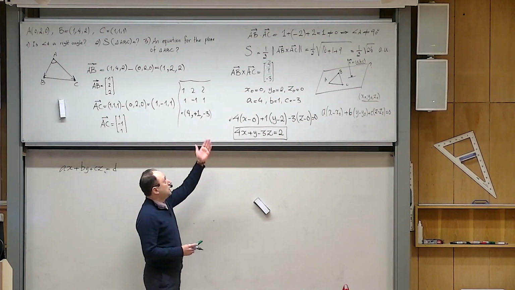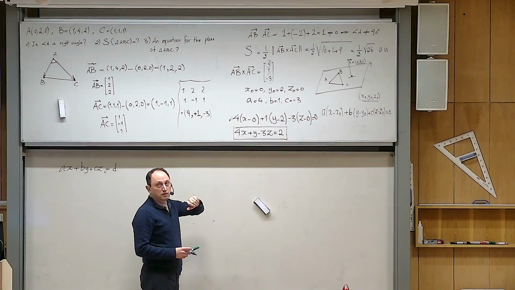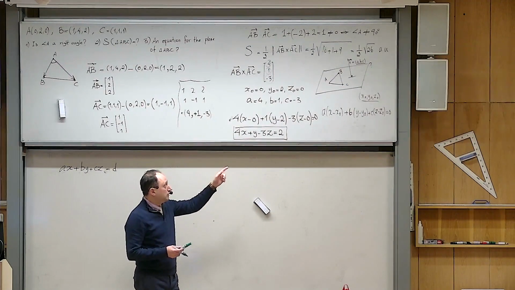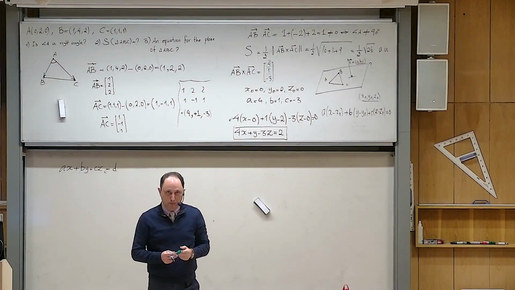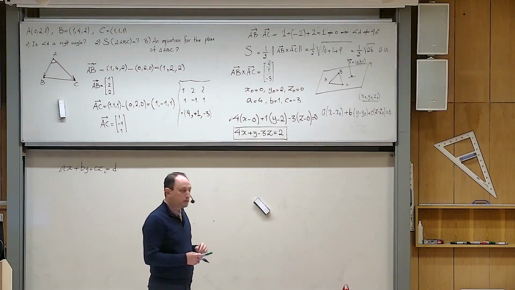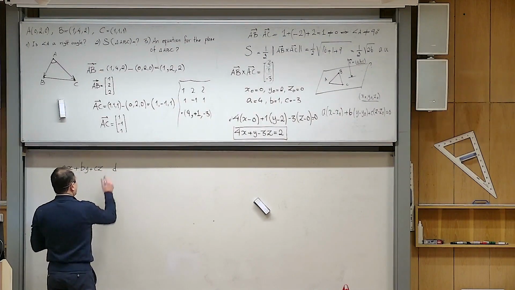For example, I realized that AB cross AC, which we already know the meaning of, is in this context the vector that I am looking for, namely the normal vector of the plane. So I have some kind of geometrical intuition to solve that problem. But let us forget about geometrical intuition and now solve this problem purely